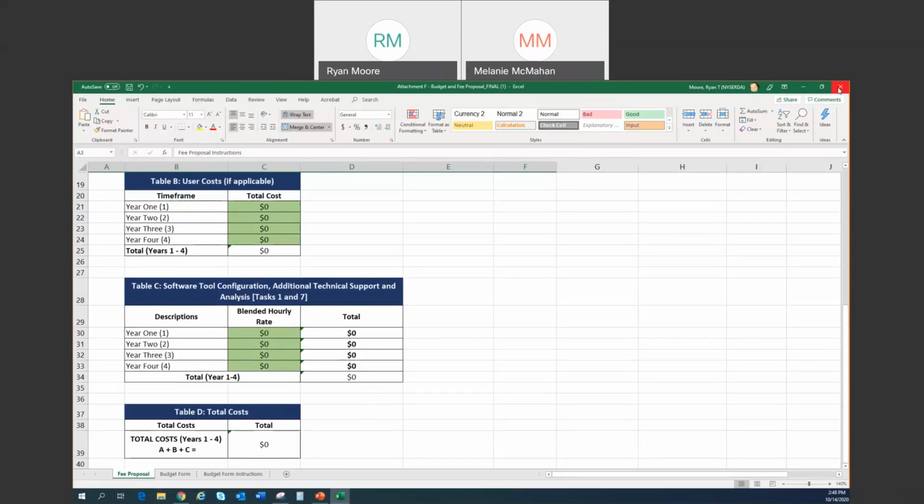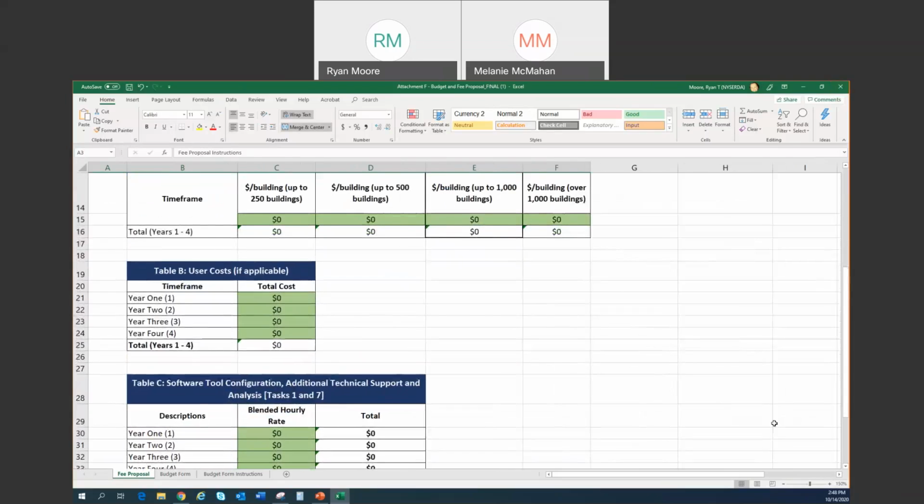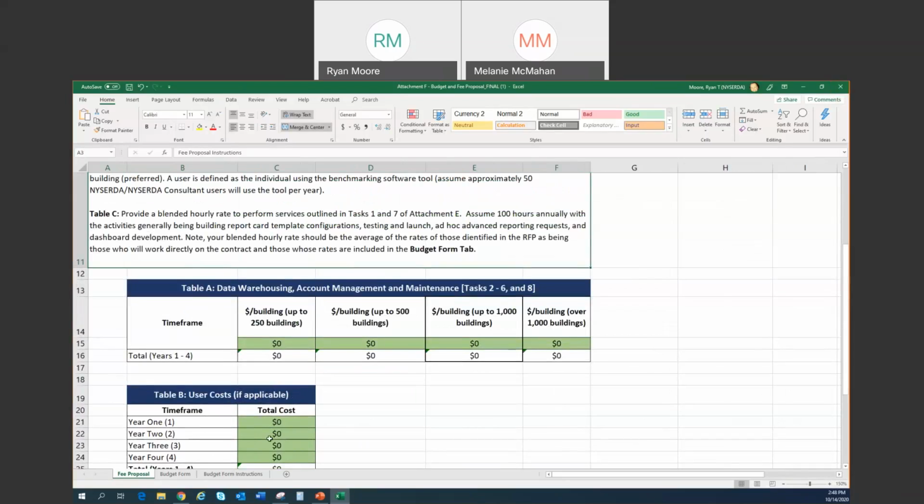Yeah, and just a note, there was a question on this, and apologies if the table didn't include this, but for Table A, NYSERDA is really looking to understand annual costs. So the cost per building would be the cost per building per year, essentially, for the up to 250, 500, and 1,000 buildings, et cetera. So, just roll that up to annual numbers. And then if you do charge based on the per building per month, and that's important to you, just write some sort of explanation in the written section that references that,